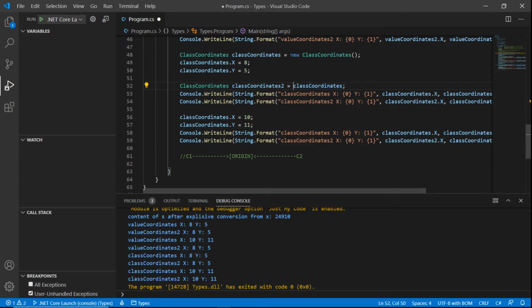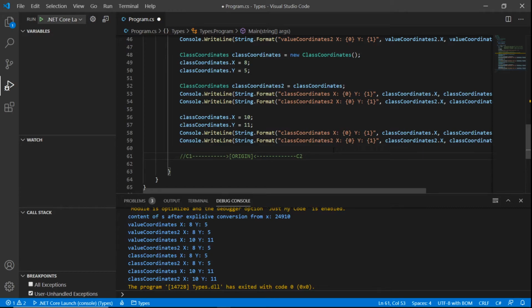So that's why when you do new class coordinates, you basically create another instance. Here you're basically pointing to the same thing, right? So that's a very big difference between the value types and reference types,